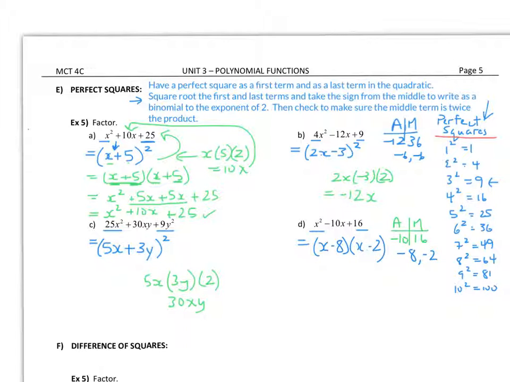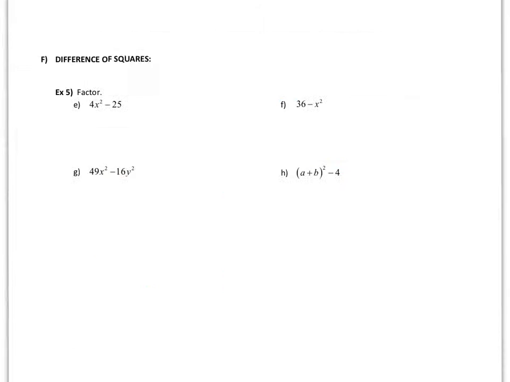Okay, not actually a perfect square. All right, so those are perfect squares. Our difference of squares is when we have a perfect square take away a perfect square. So let's go to the next page here. I'm going to write that in as my